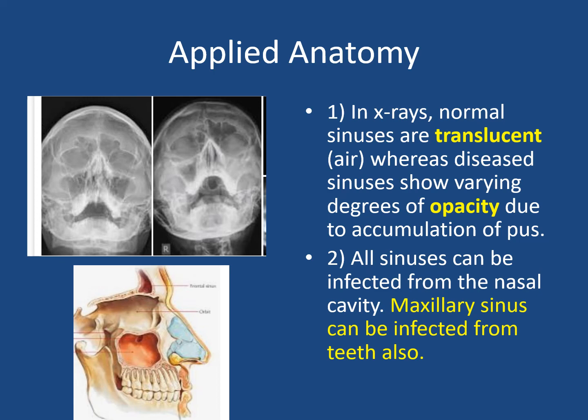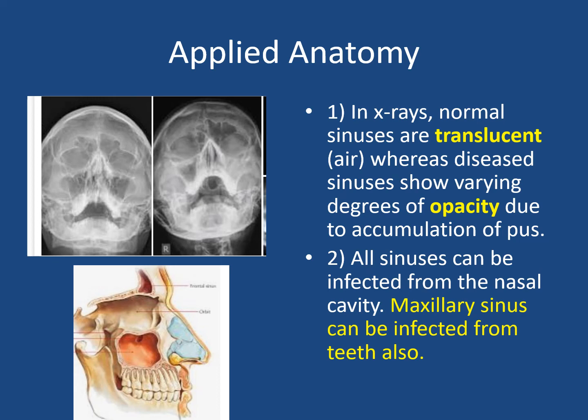In the first X-ray, I hope you can identify the maxillary air sinuses. You can see the oral cavity, then above that these are the two maxillary sinuses on either side of the nasal cavity. You can identify the orbit, I suppose, and above the orbit these are the two frontal air sinuses. So normally the paranasal sinuses appear translucent because they contain air.